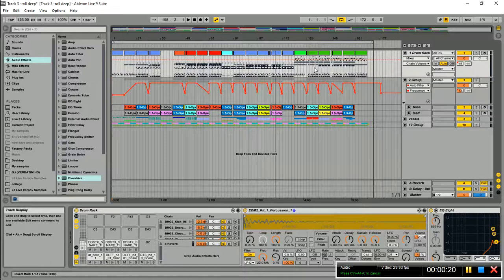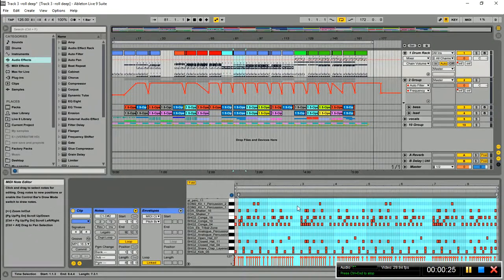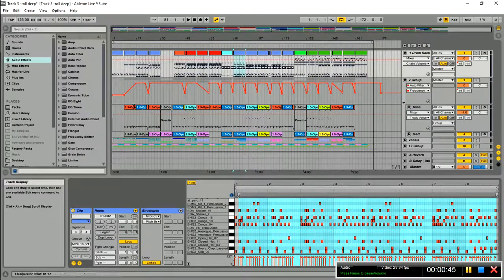I've also got the drum beat doing the break on the last measure of every second bar, so the last quarter of every second bar. It breaks out to give it space. What I've also done is I've got